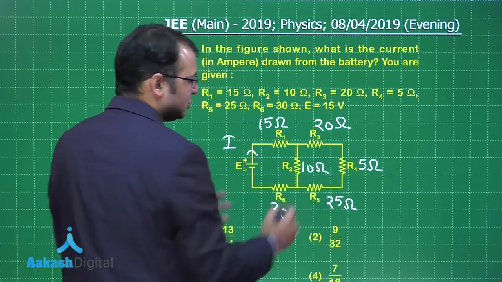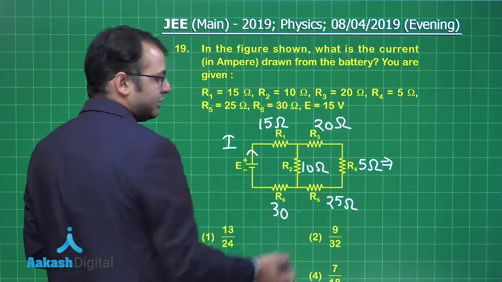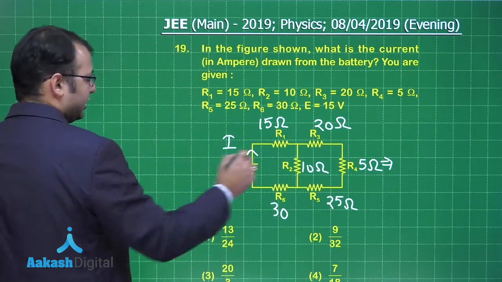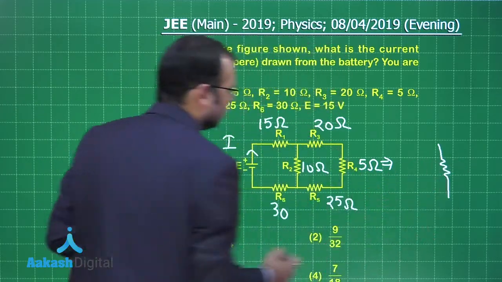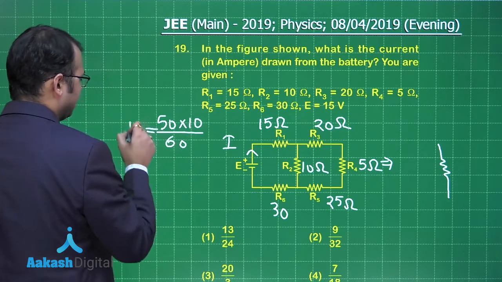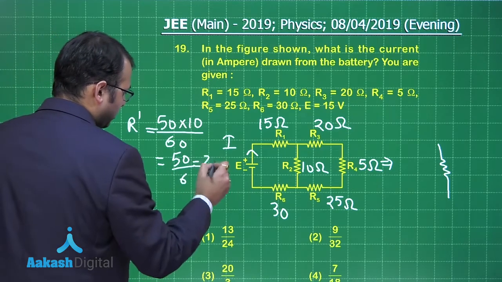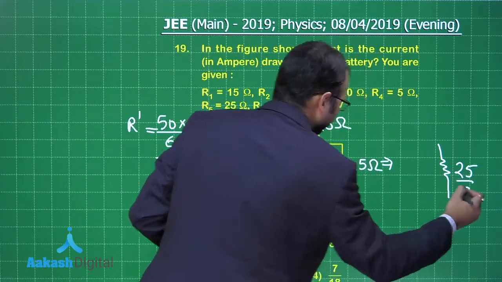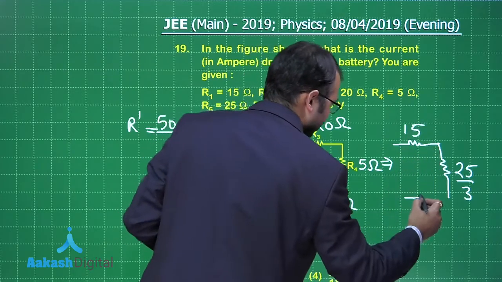Now this can be solved to an equivalent. This 25, that is in series, will become 50, and 50 and 10 will be in parallel, right? When 50 and 10 are in parallel, the equivalent resistance for them, let's say R dash, would be simply 50 into 10 by 60, which is simply 50 by 6 or 25 by 3, right? So I have one resistor 25 by 3 ohm, the other one is 15 ohm,